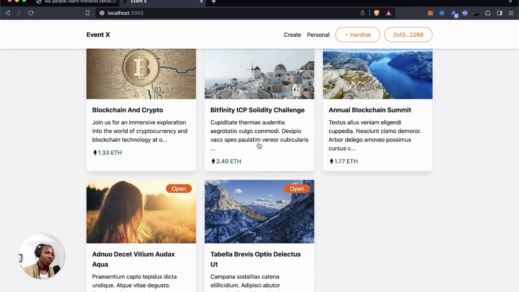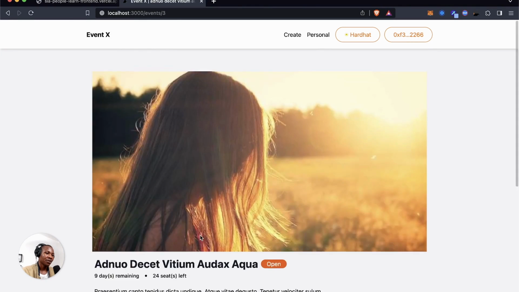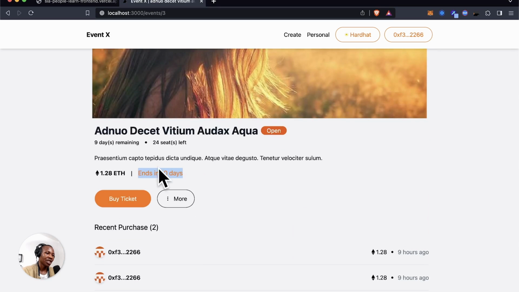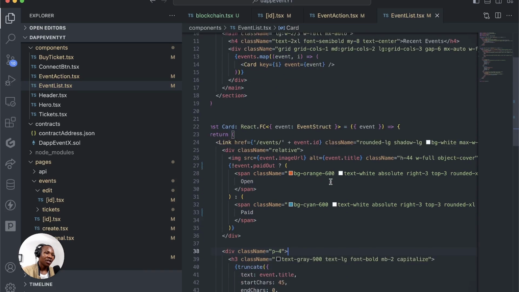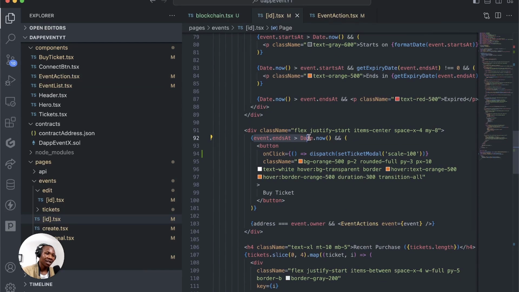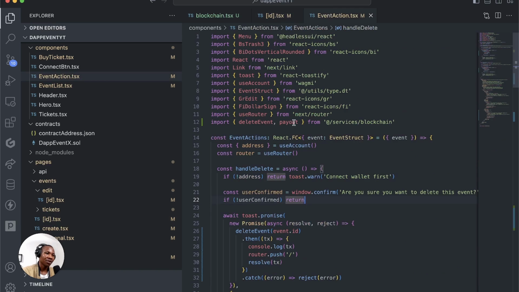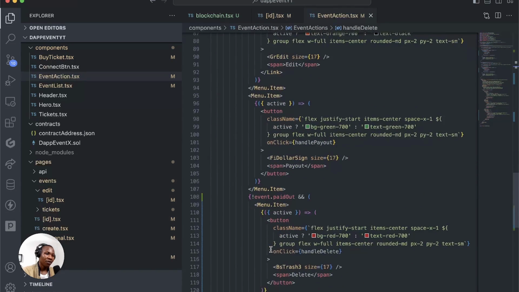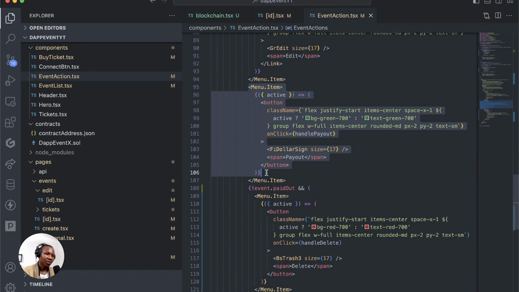You can even put in some bottleneck here. For example, you want to make sure that you're checking for, before you remove this button, it doesn't even appear until this is expired. If you want to do something like that, we can say end date. We can use this end date to target that kind of behavior. So we can come here and say that for this payout function, okay, it must be event dot